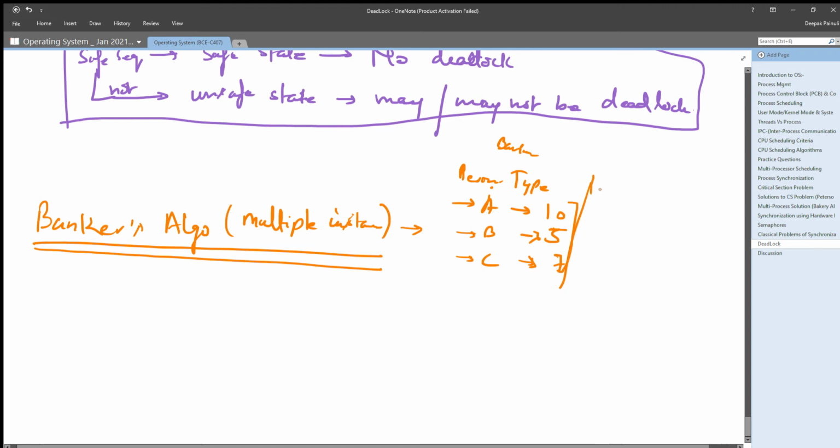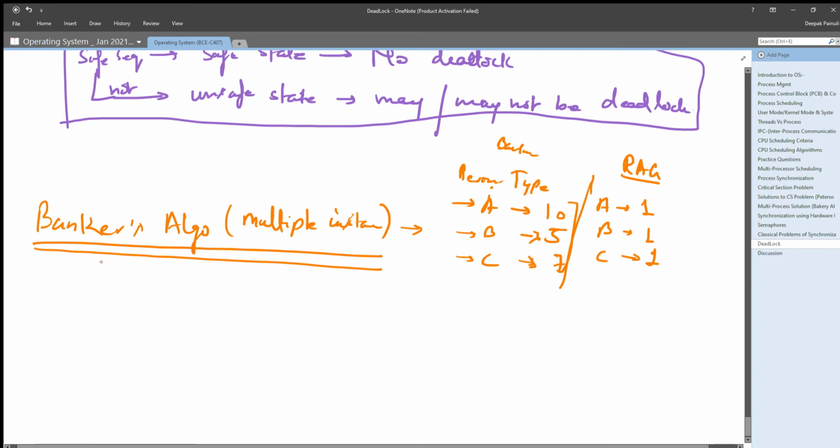But for the second case, when we have only one resource instance of A, only one instance of B, only one instance of C, that means we need not worry about the management of the instances of the same resource type. That means we can use RAG here, right? So we will break any loop if we find it in the system. That means we can use RAG here.